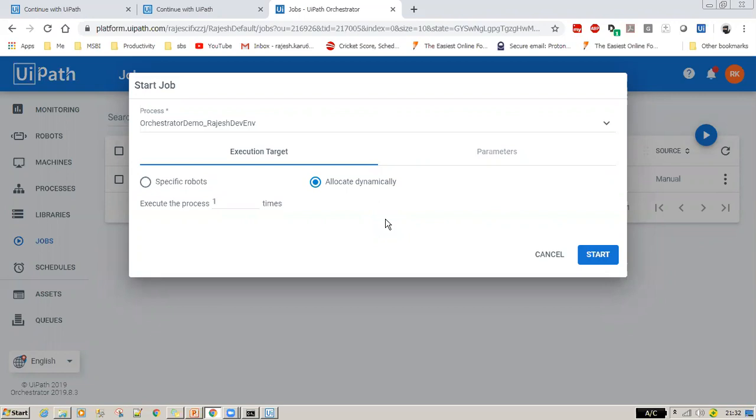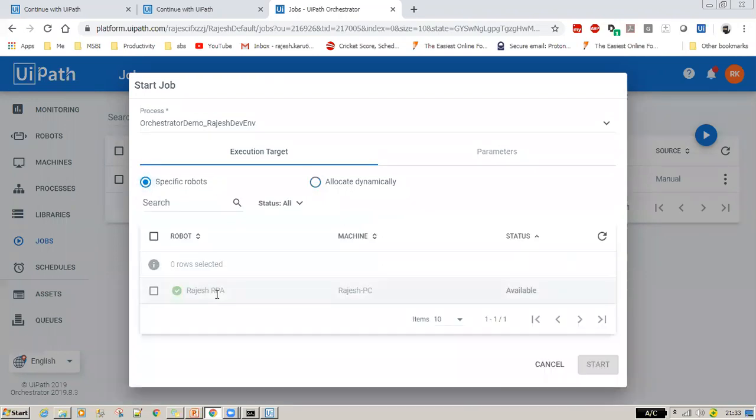Say you want this particular job to be run dynamically. Okay. Say group A has 5 different VMs allocated to this group, and group B has another 5 VMs. What the admin team does is tell, hey, my robot should run every week, but not every week on the same machine. It can run on any of the machines. So dynamically, the runtime execution of the jobs will differ. Okay. In those scenarios, they will select this option, allocate dynamically.